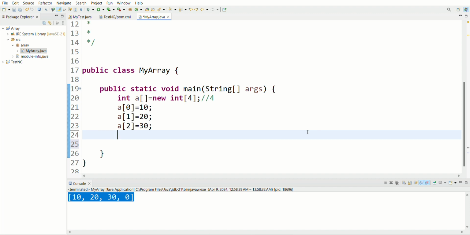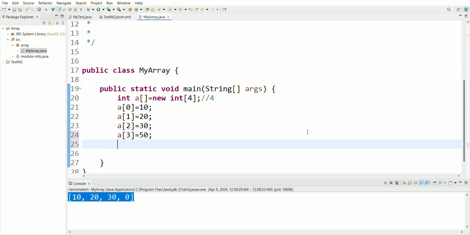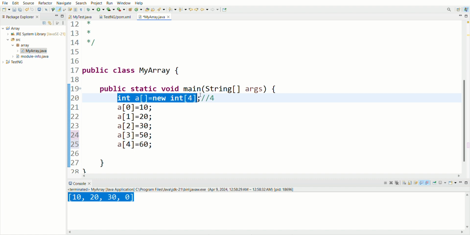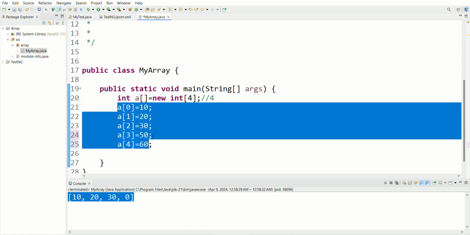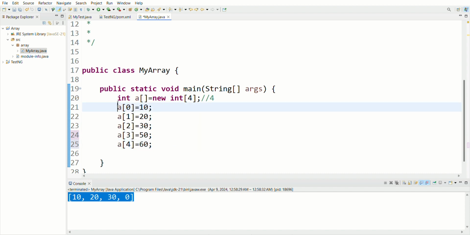Now let's take a of 3 is equal to 50. I'm taking some random number. a of 4 is equal to 60. What is the size of this array? The size is 4. Now how many elements have we inserted here? We have inserted 5 elements, but the size is 4.